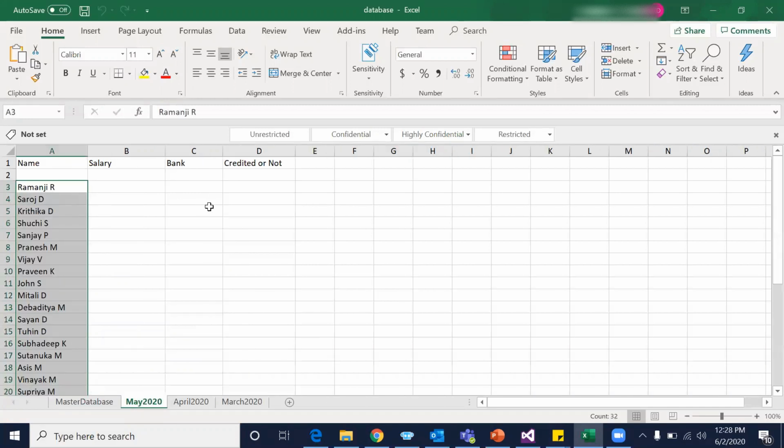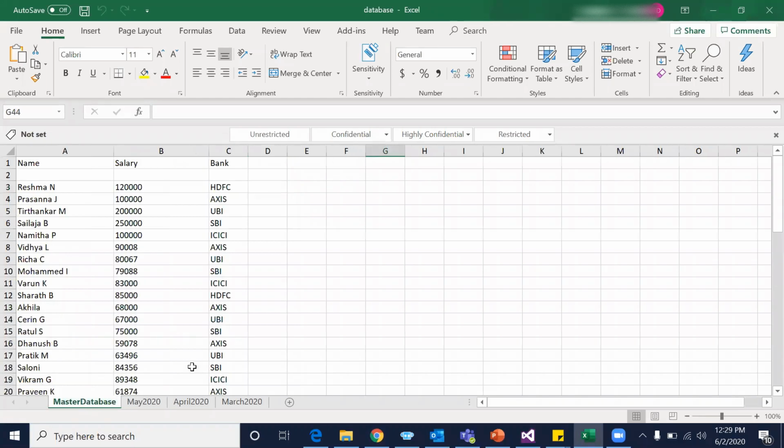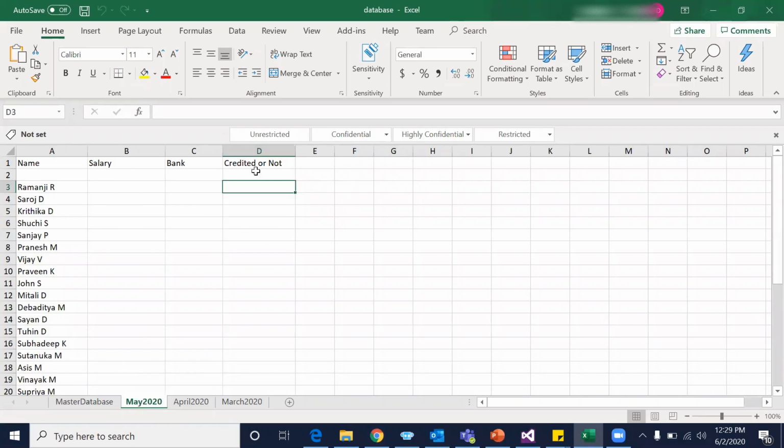Once everything is updated, we will fill up this column saying whether salary is credited or not, that means yes or no. Suppose one name is not there in the master database, then obviously for that record credited or not will be not found, because that data is not in the master database. In that way we can find out which employees we haven't included in the master database, and we can include them too. Okay, so let's run the solution.